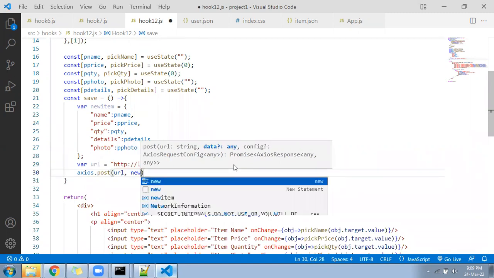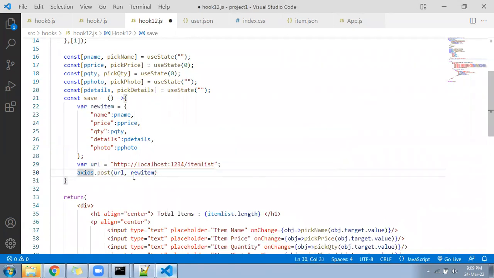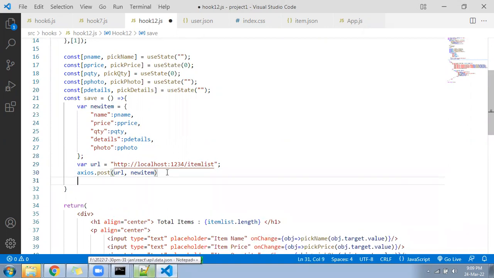New item. Okay. Now Axios will post this new item array to this URL, and that is nothing but your JSON server. As soon as the post happens from here, JSON server will capture it and add it in your file. So before running this, let's complete that. Dot then,